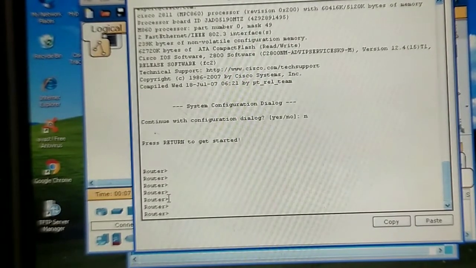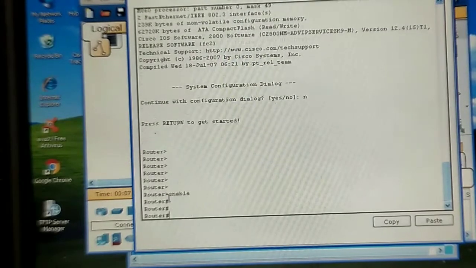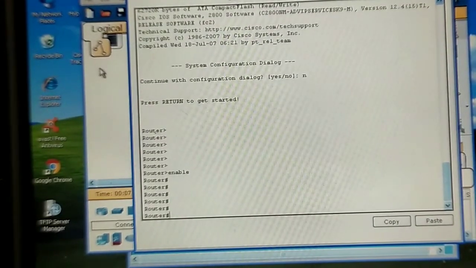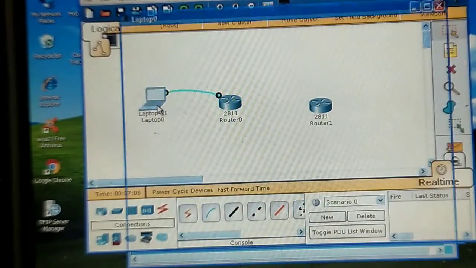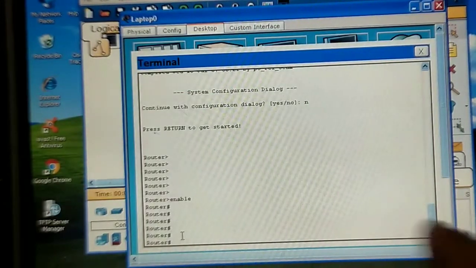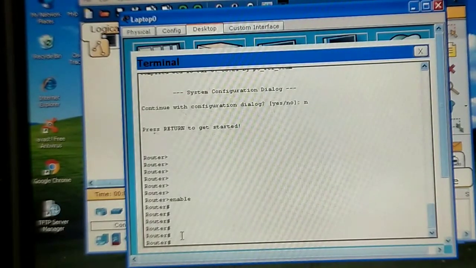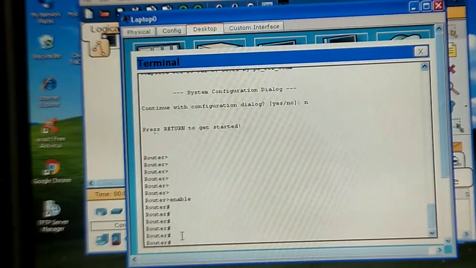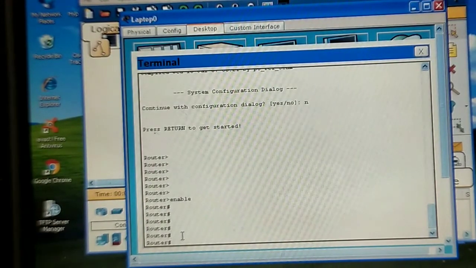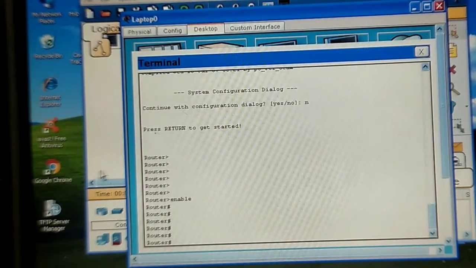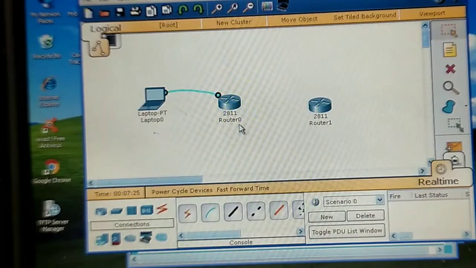If we type any command over here, let's say I am typing the command enable, then you can see that the prompt has changed, and the similar effect you can see over here in the laptop, that the same is working over here. So with the help of this laptop, I have made my console connection, CLI connection to the router, and now I can configure my router through this port. So this is the way to connect any networking device.